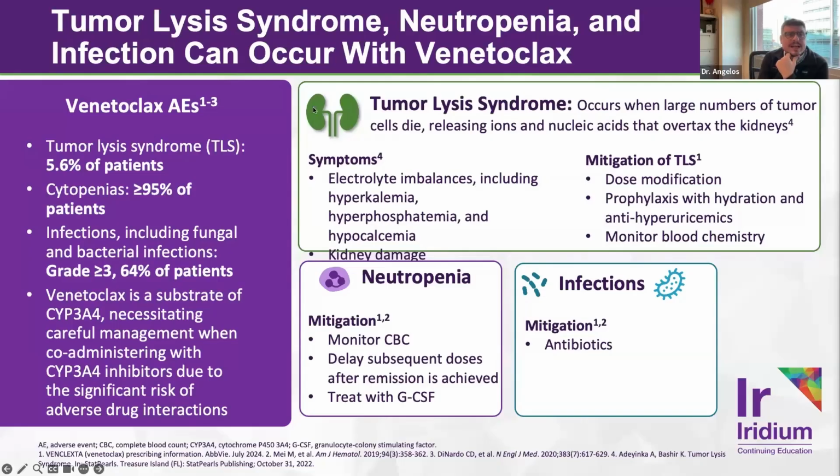Now, in terms of side effects, it's important to remember that patients can develop something called tumor lysis syndrome. It's not the majority of patients, but certainly as patients get higher disease burden or even circulating disease, they are at risk for this happening. This is why we oftentimes, or in all times, actually, would ramp up venetoclax over the course of 3 days prior to getting to steady state dosing.